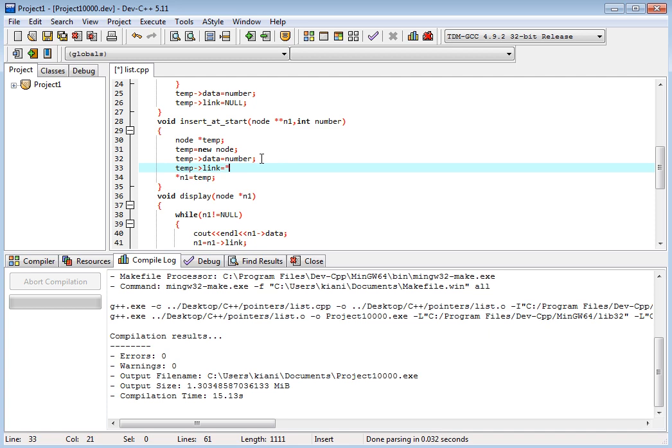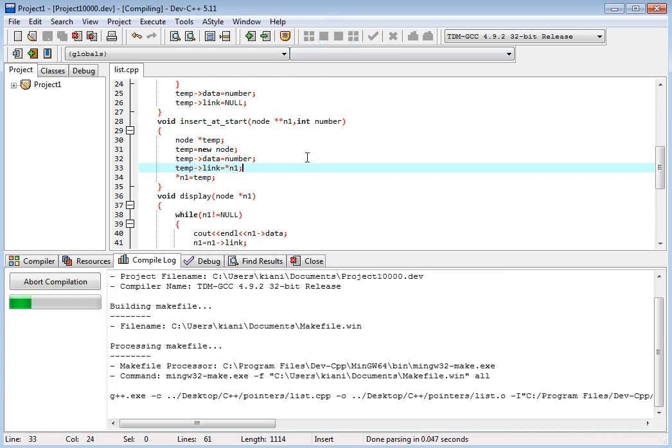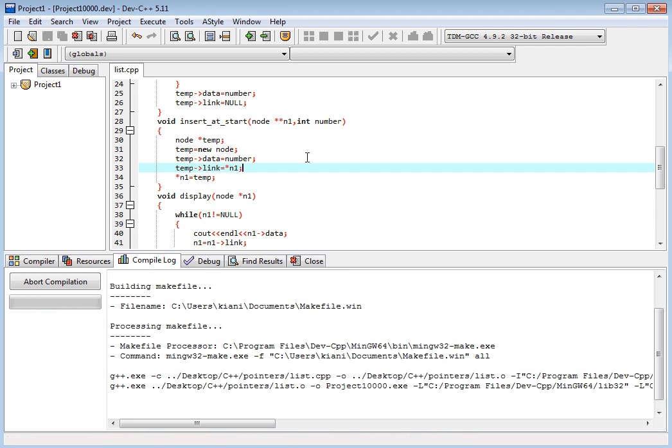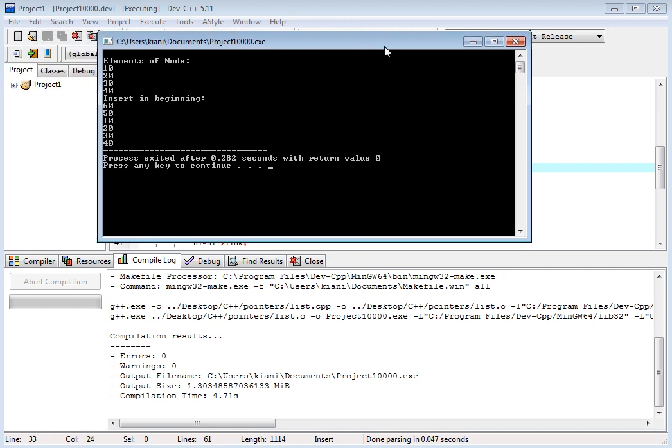okay. So we have a data member number, and there is no link, okay. So temp link is equal to pointer to n1, okay.